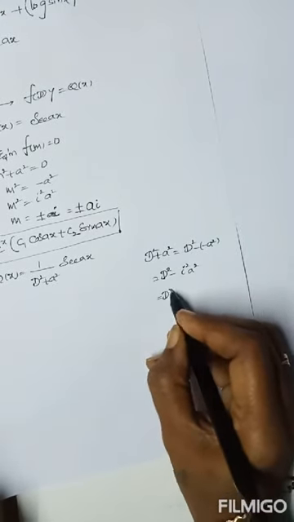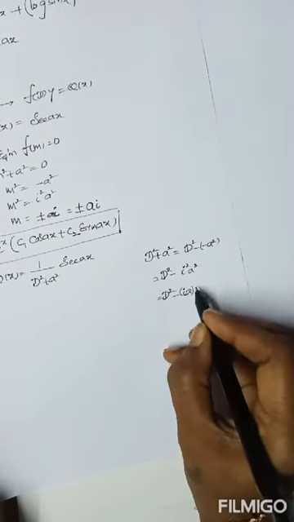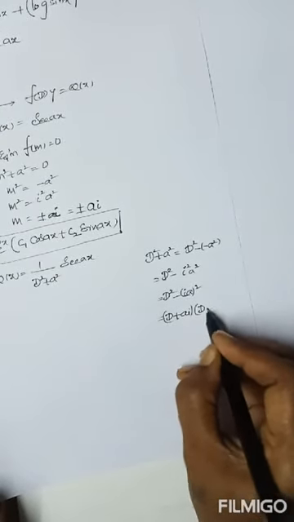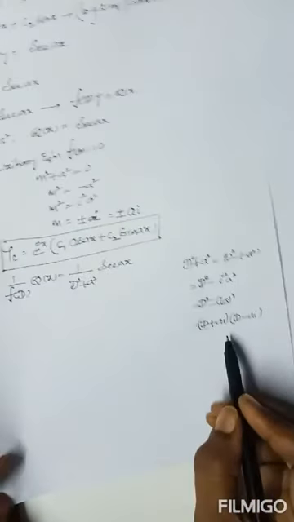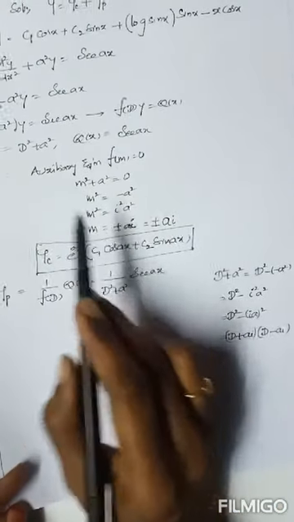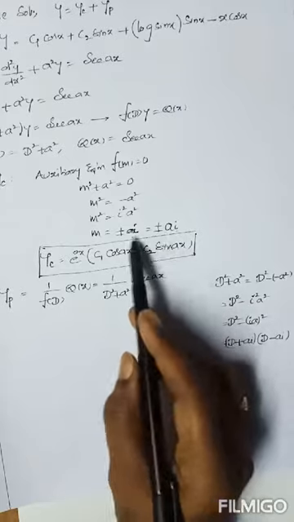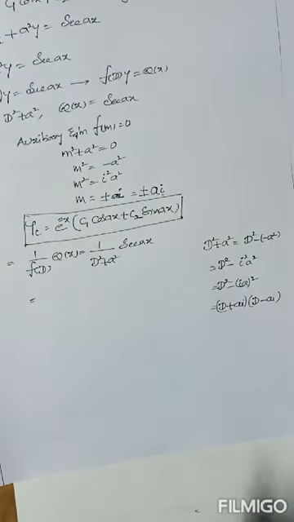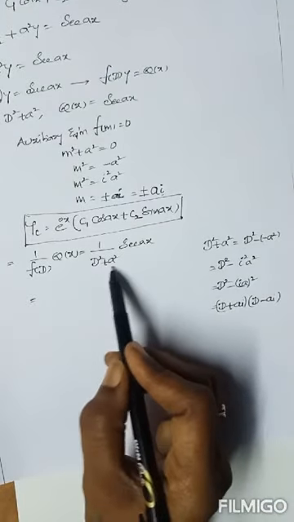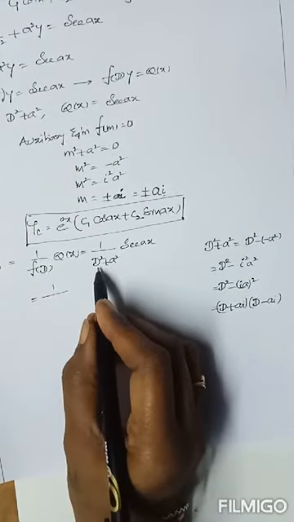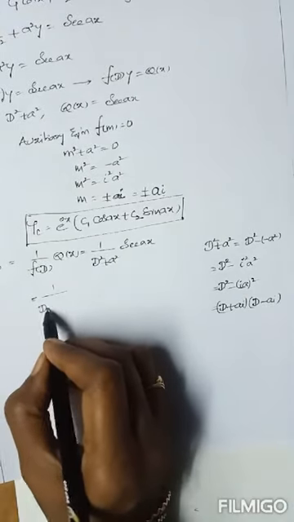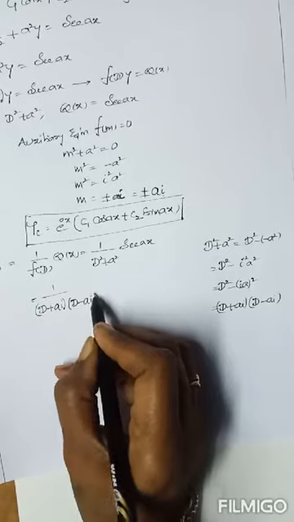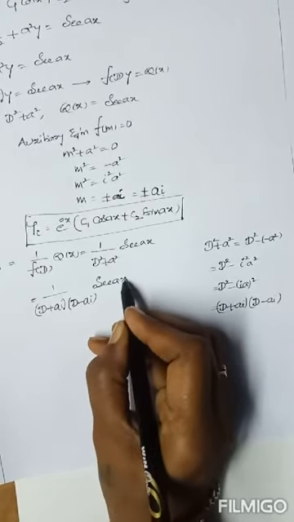Also written as d square minus a square, minus b square, a plus b into a minus b. From this one also you can write, so d plus ai, d minus ai. As per the general case procedure, first write the factors of the denominator: 1 by the product of the factors, d plus ai, d minus ai. The function is secant ax.